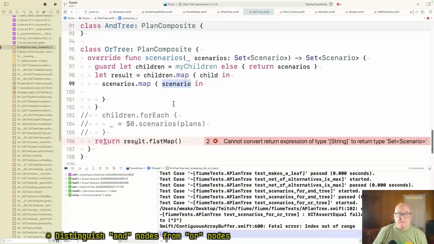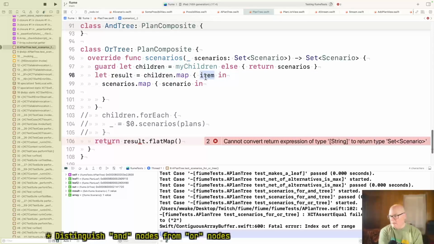But all right, so given a scenario and given a child, well, what's a child? He's a stream. He's an item. I guess maybe he's an item.